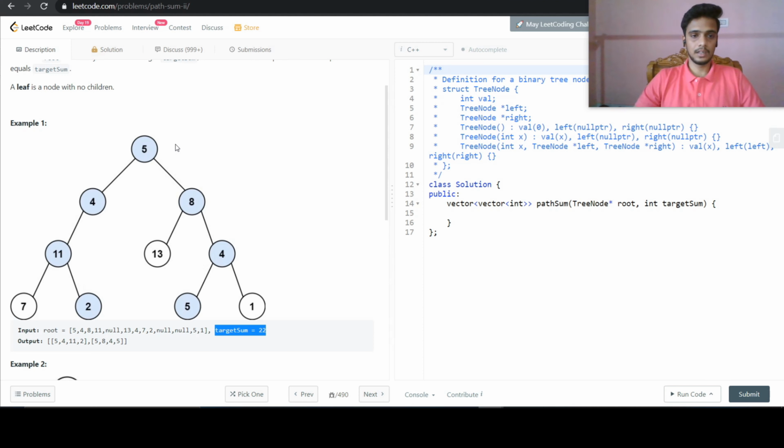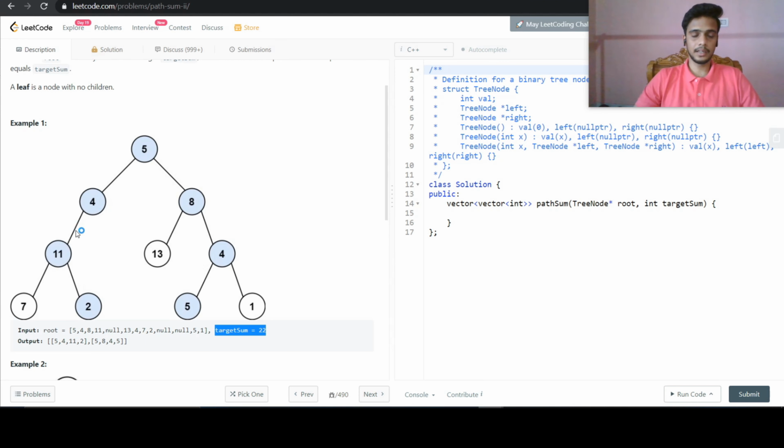Then we will move to the left, to this node and to this node. So we will move here and then we will add the sum. So the sum will become 5 plus 4, that is equal to 9. And then again from this node we will move to its child.